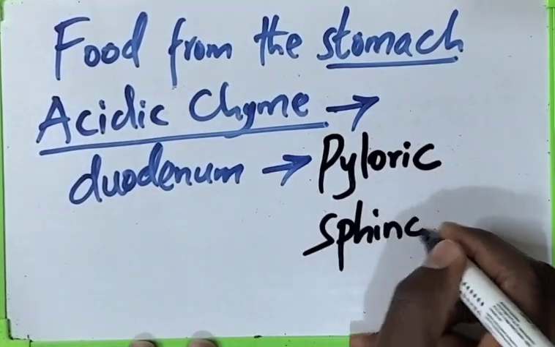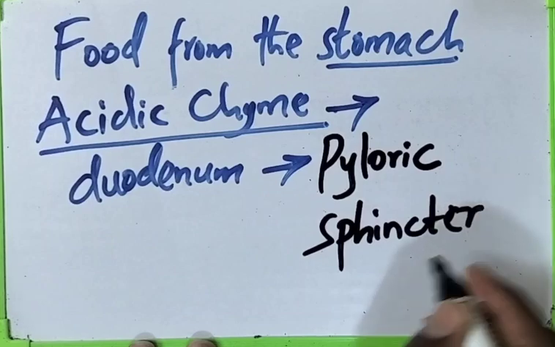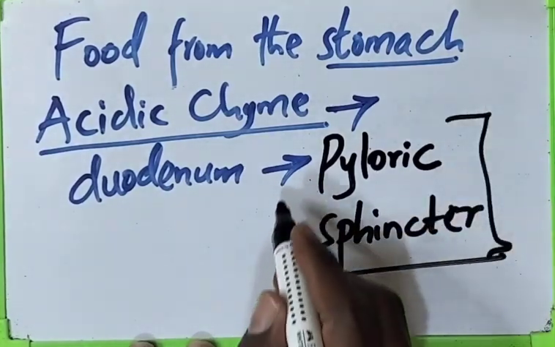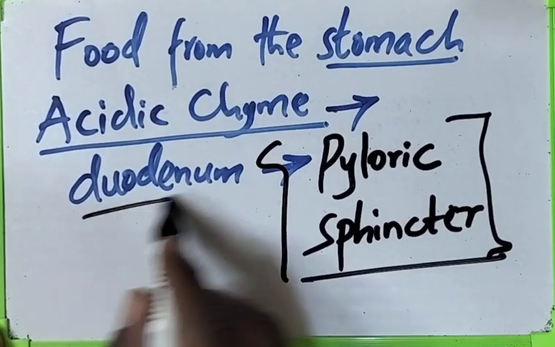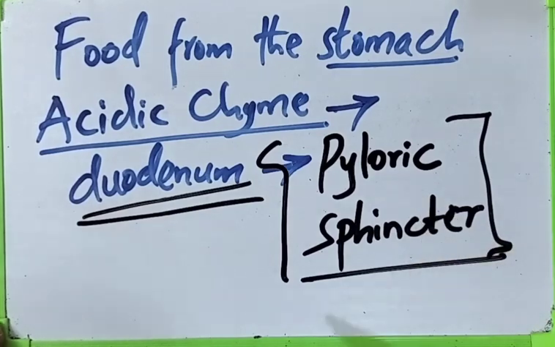This one is a valve through which food enters the duodenum from the stomach. Remember, there was another valve when food was entering the stomach, food from the mouth. That sphincter or that valve was called the cardiac sphincter. Mark the difference. So when food enters the duodenum through this pyloric sphincter, it stimulates